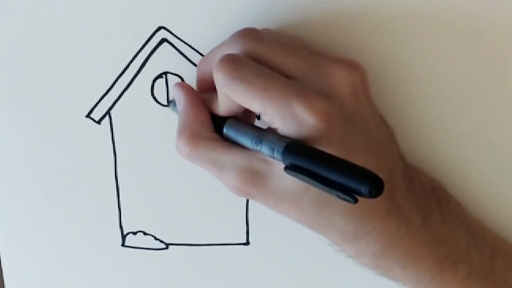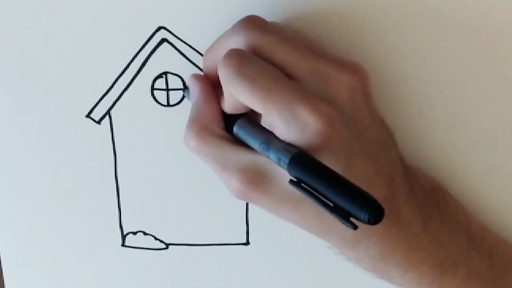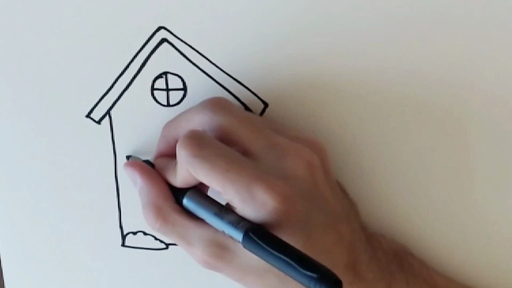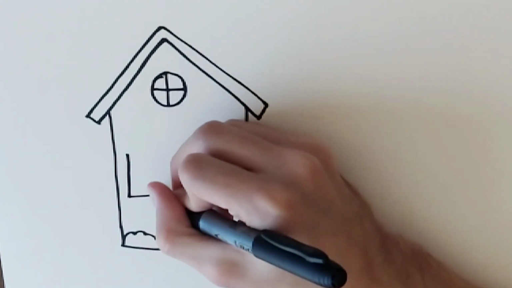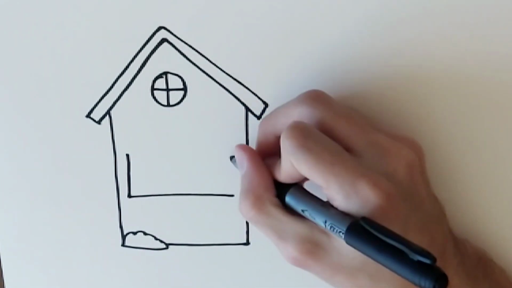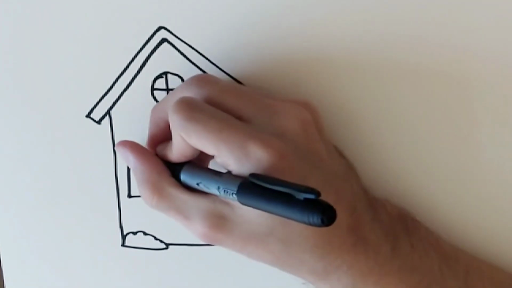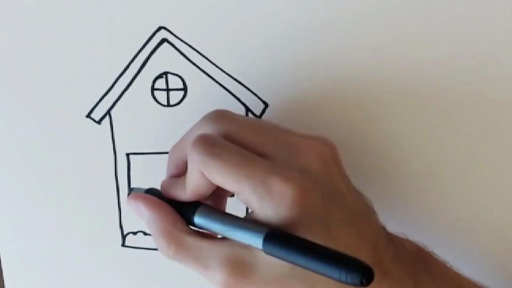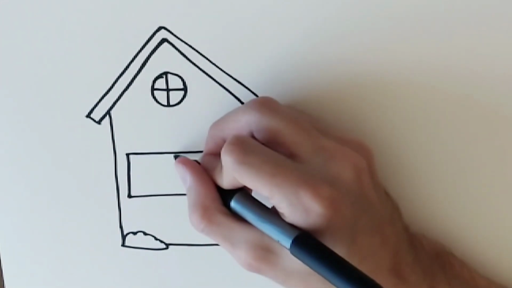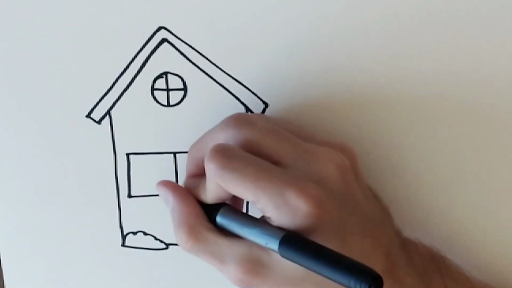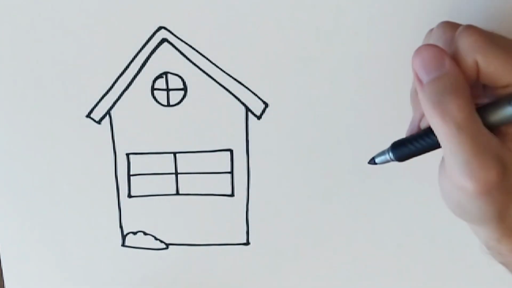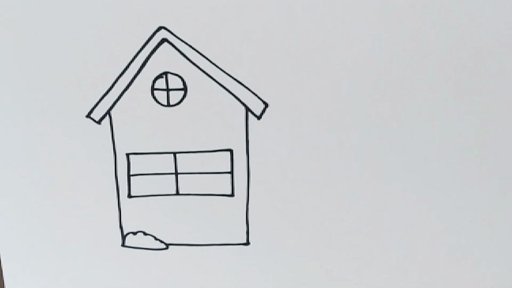and draw this line. Nice. Next step, you draw a window like this and connect. Next step, you draw this line. Whoa, so cute drawing. Next step, you draw